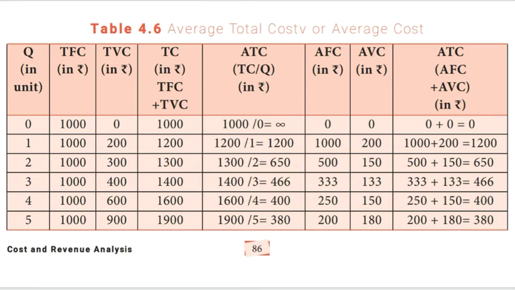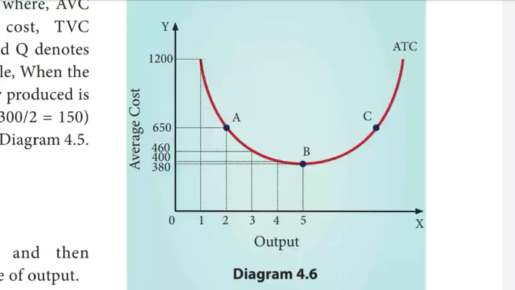For example, when Q equals 2, TFC equals 1000, TVC equals 300, AFC equals 500, AVC equals 150, ATC equals 650. ATC or AC is shown in table 4.6 and diagram 4.6. It should be noted that